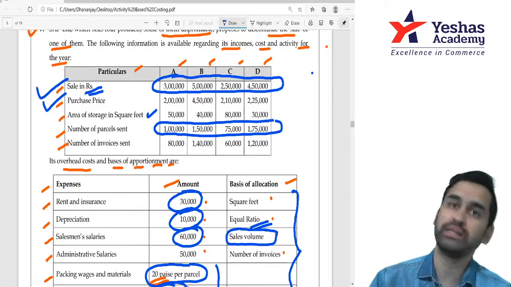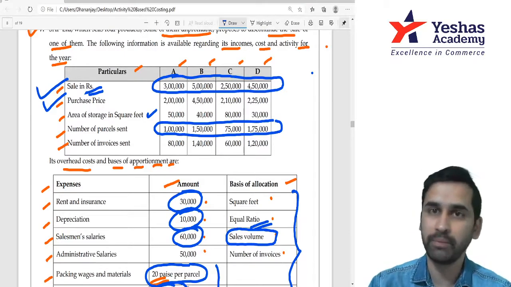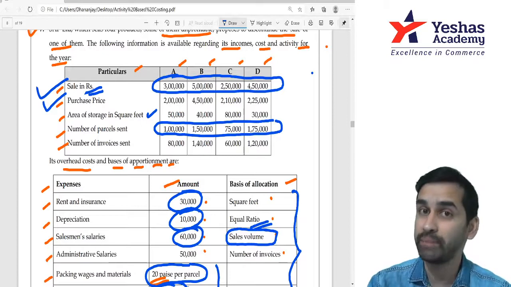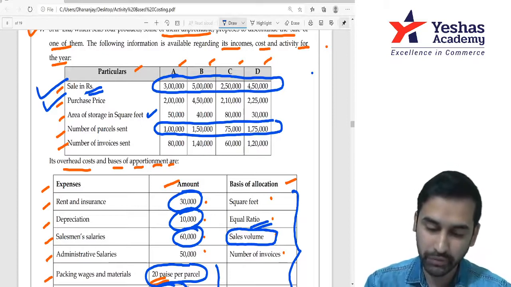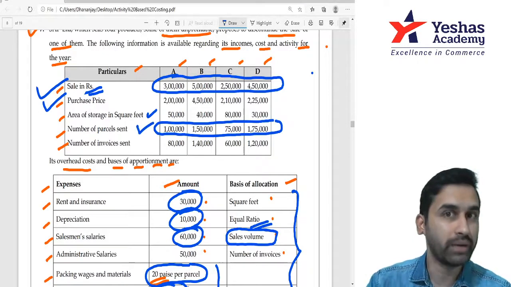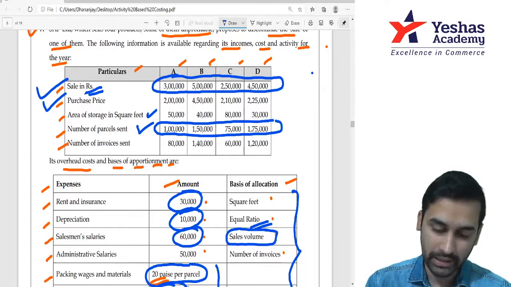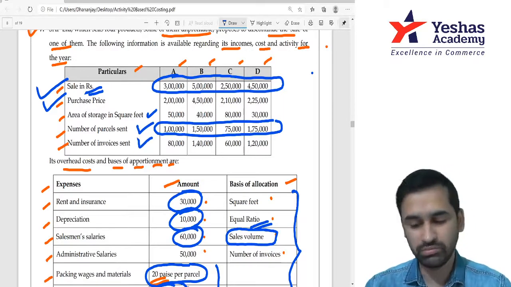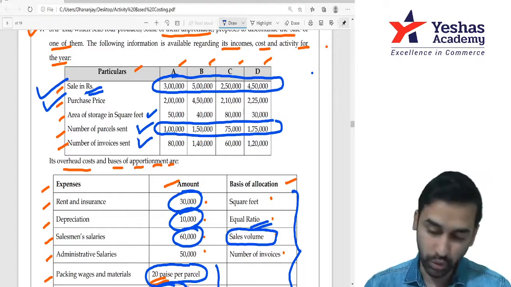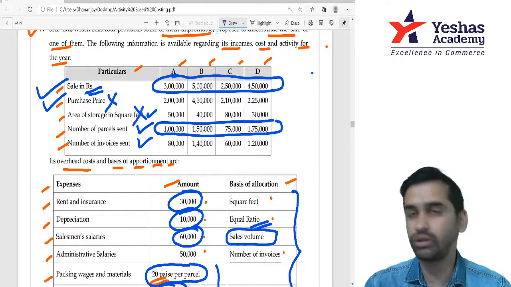Correct? Suppose one customer who is far away from our place says, please send it via parcel. I want 10 units. Send it in a parcel. Now 10 units will go in one parcel. So it is not preferable to go by number of parcels. Number of parcels cannot be understood as number of units. So that is not volume. Then sir, can we go by number of invoices? No, in one invoice you can have 10 items. Correct? So in the absence of correct base, see you have purchase price, area. This is also not correct basis.